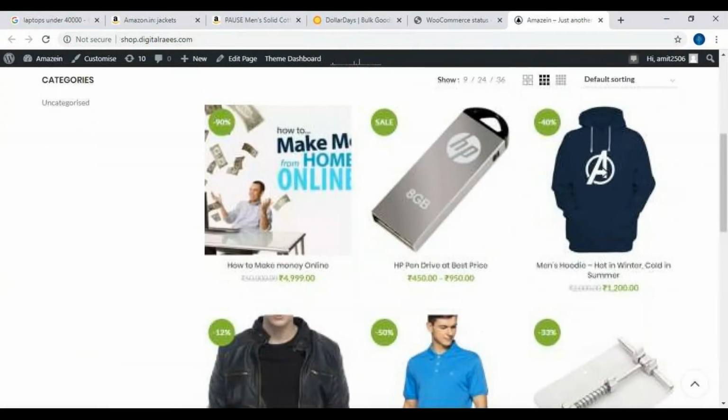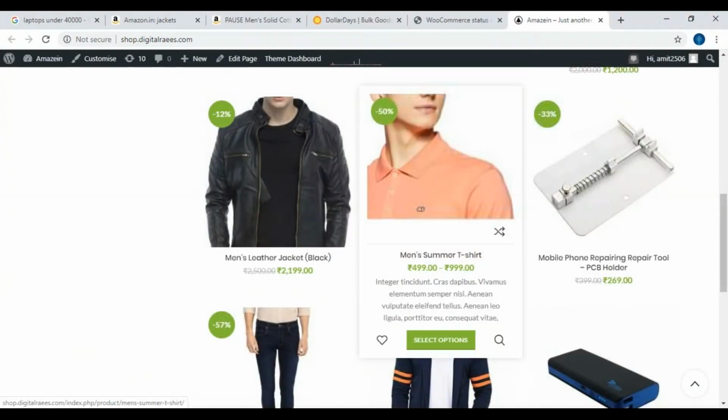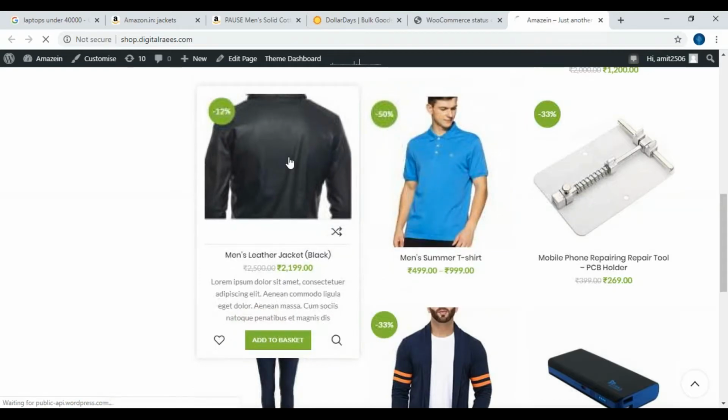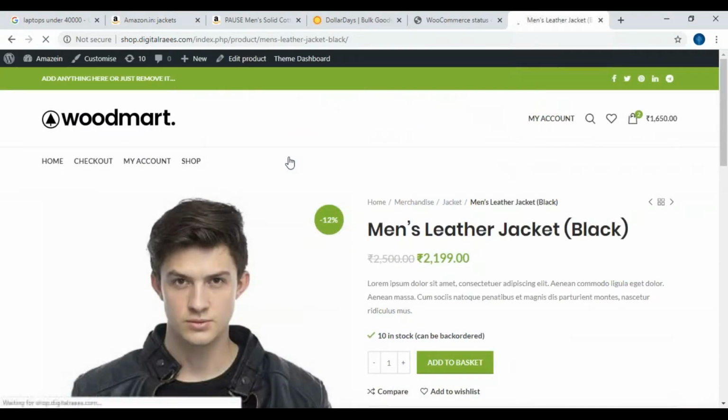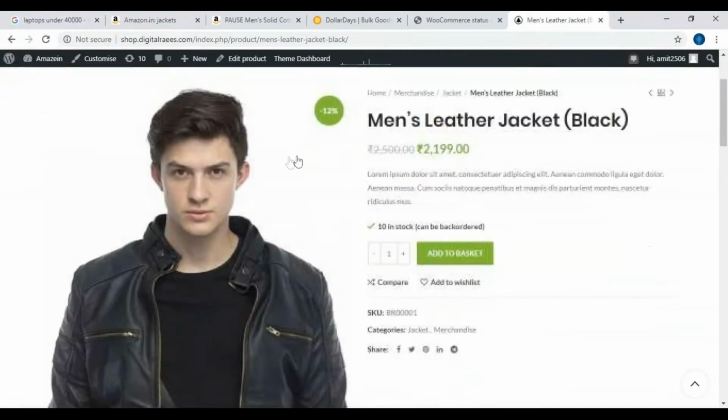Once we create a product, say the first product you have added is a jacket, it is going to come like this. Once I click on the jacket, it comes like an e-commerce website, where the title is coming, then the price, and if you are giving some offer it is shown like this.